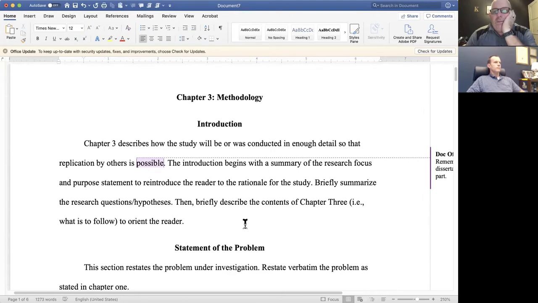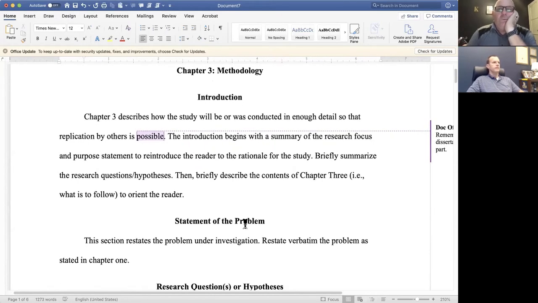Okay, so the introduction to the introduction. When you're done, this will be a short and sweet paragraph that has 10, 12 lines at the most. You're truly introducing it. You're going to start with the purpose statement. Then you're going to do a little research focus. You're going to talk about one sentence on the rationale, and then you're going to tell us what's to follow. And do that after the fact. Whenever you need something else to do after you get going, you just say, okay, I'll do the introduction now. Just whip it out.